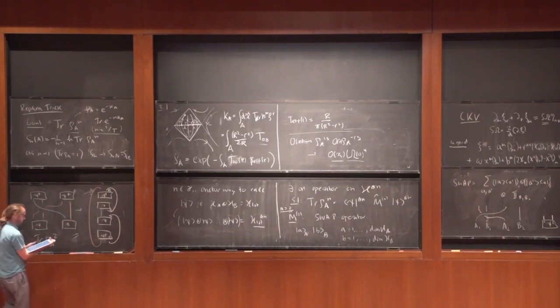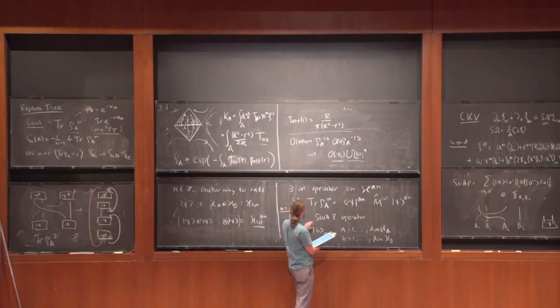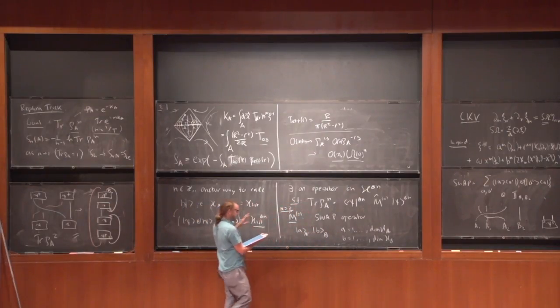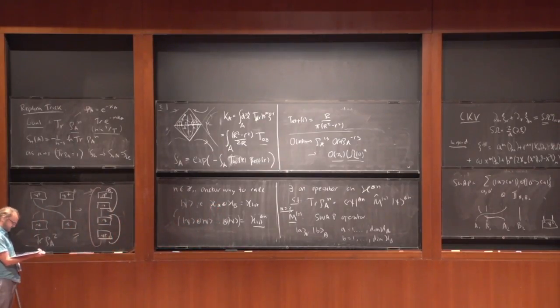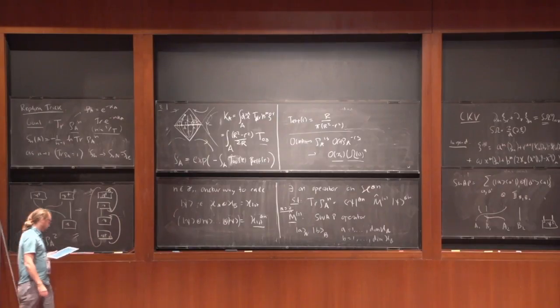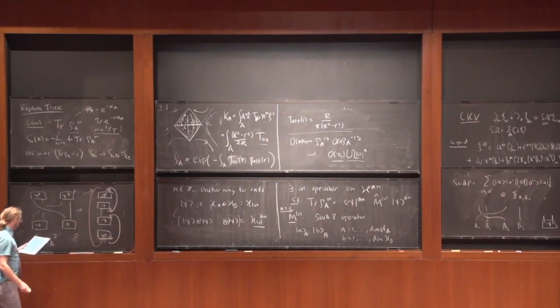And so hopefully, this is for the n is 2 case, but hopefully there's an obvious generalization of this to higher n, where I should call it the cyclic swap operator, and then hopefully just by that name you can generalize this. Okay, so this is just in quantum mechanics, and this is useful in quantum mechanics, but in quantum field theory